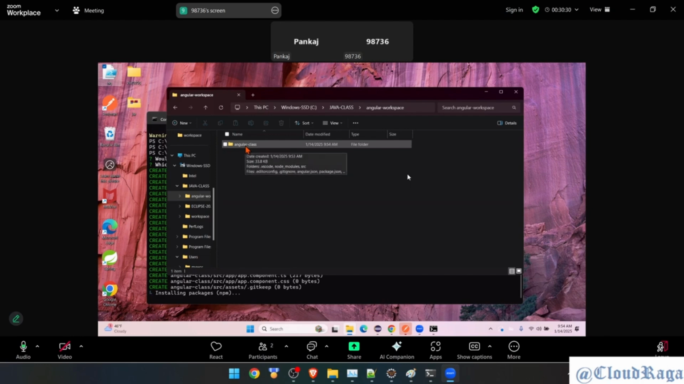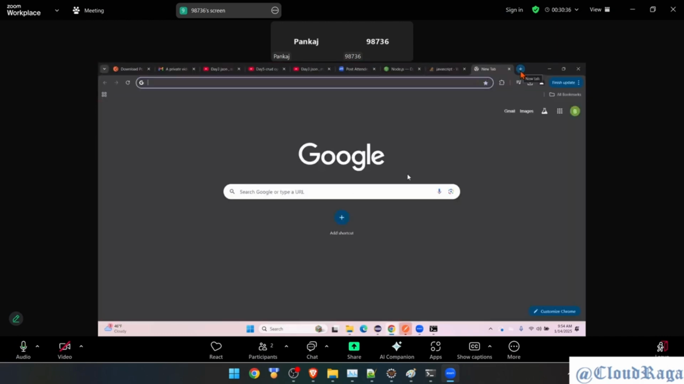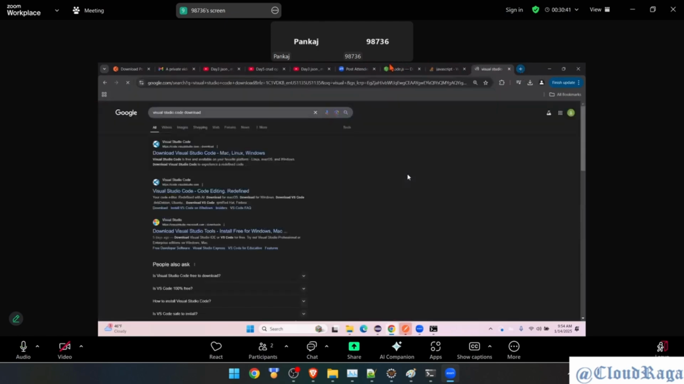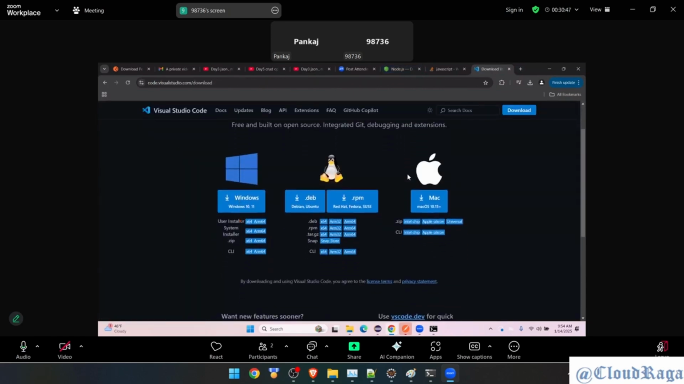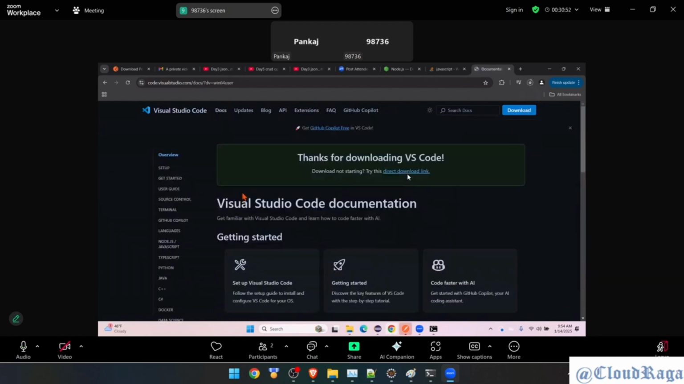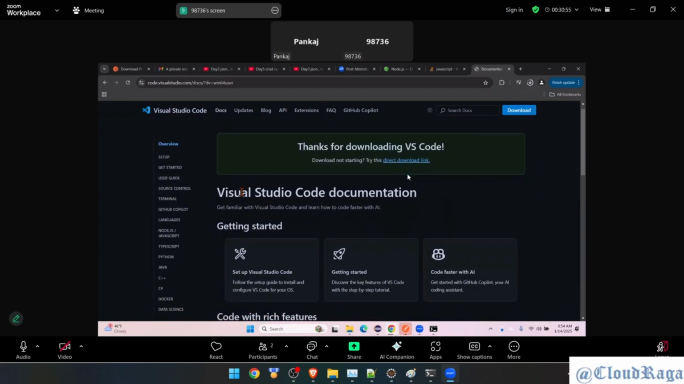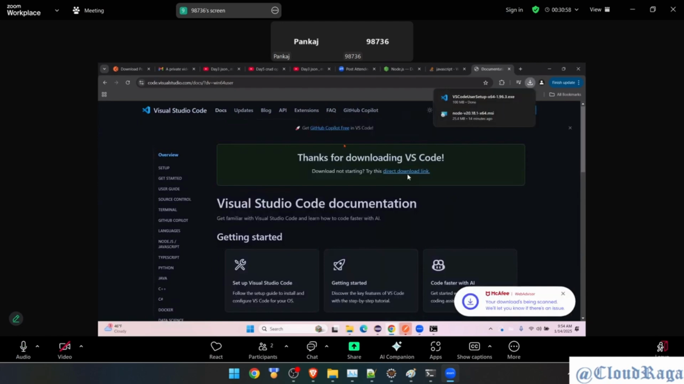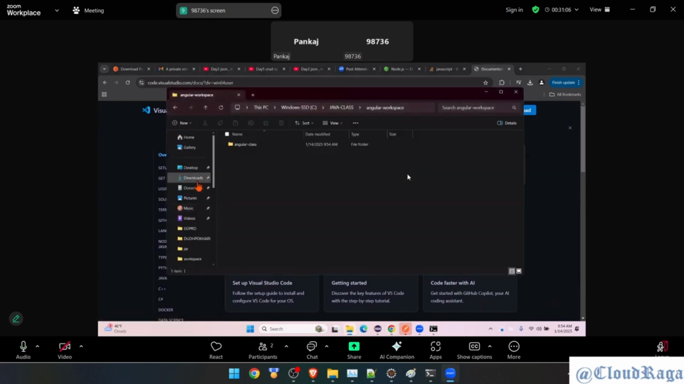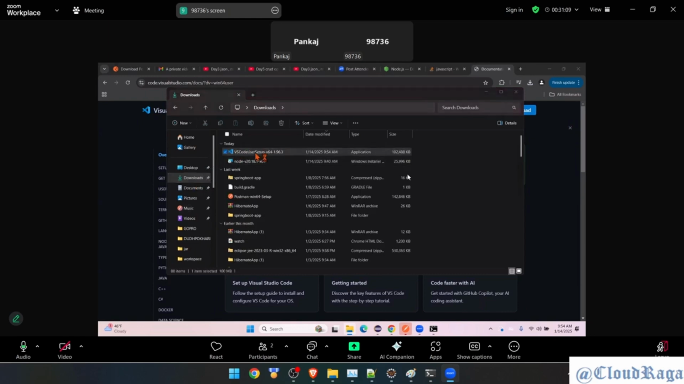VS Code नहीं? करो, डाउनलोड करो। गूगल पे जाओ, Visual Studio Code लिखो, डाउनलोड, एंटर, फर्स्ट लिंक, it's fine। जो भी इसका सिस्टम AMD वाला है, क्लिक कर दो उस पर। I guess you have to download it, actually install it, exe file है, डाउनलोड। हो गया। डाउनलोड फोल्डर खोलो, फर्स्ट है ना VS कोड, डबल क्लिक कर दो।